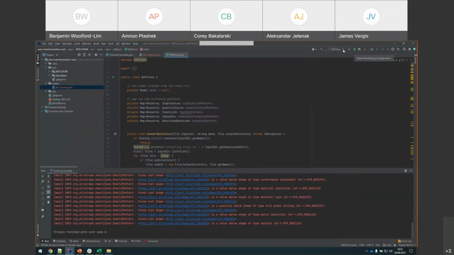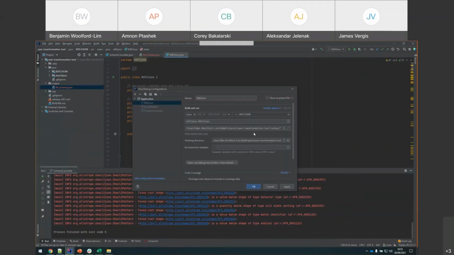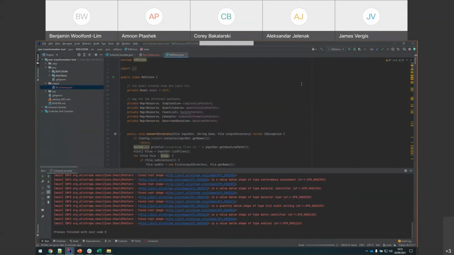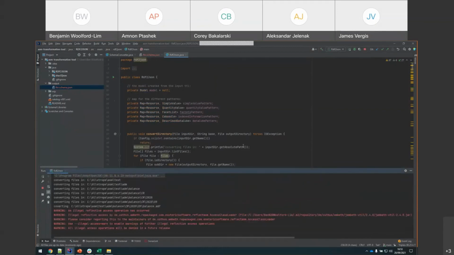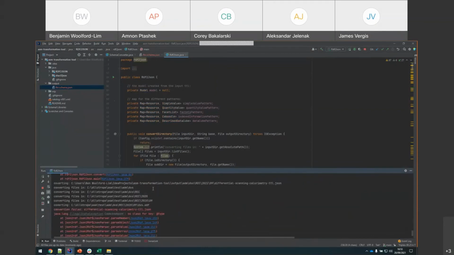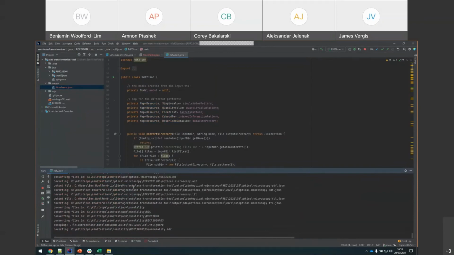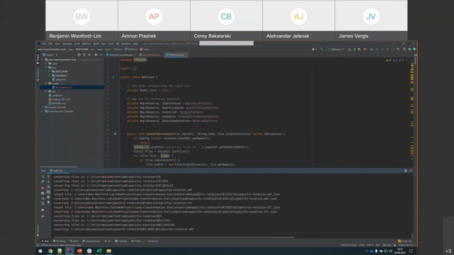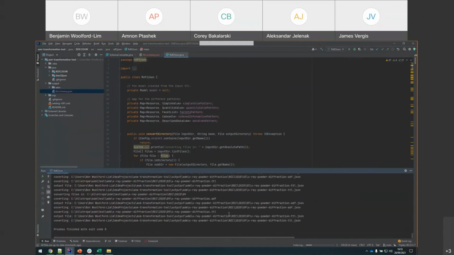Now this one actually runs over the entire folder rather than a single file. So again, it just takes the whole test folder that I've got prepared and spits everything into output. And as I said, this one is also a work in progress. So it takes all of the files. You'll see a few errors popping up because some of the edge cases haven't been fully implemented yet. But it runs through, converts everything, and we should find that aside from these edge cases, we have files underneath, including